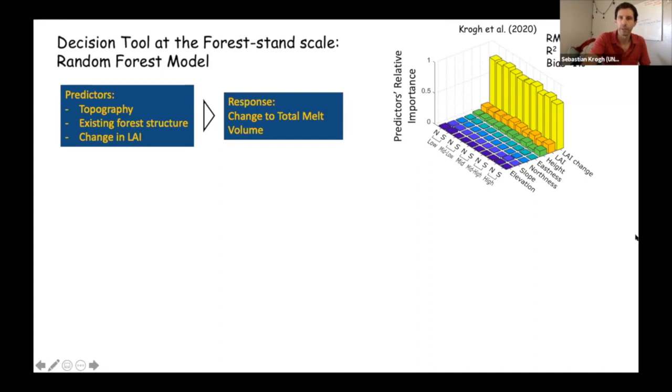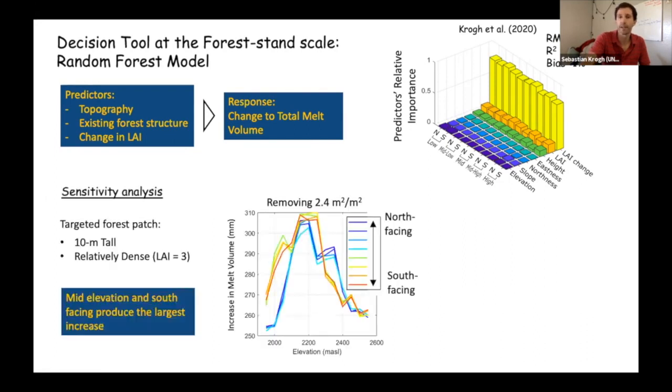but I'm showing just melt volume here. You can see on this plot that LAI is the variable most important in this analysis, as you could imagine. And we go ahead and do a little bit of a sensitivity analysis to see what kind of response we get from this decision support tool. And we can see that if we remove, for example, 2.4 square meters of LAI, we have these preferential zones, as shown earlier too, that south-facing aspect in somewhat lower to mid elevations